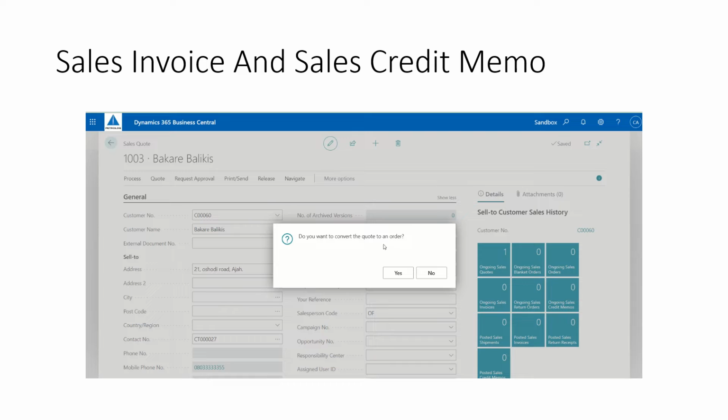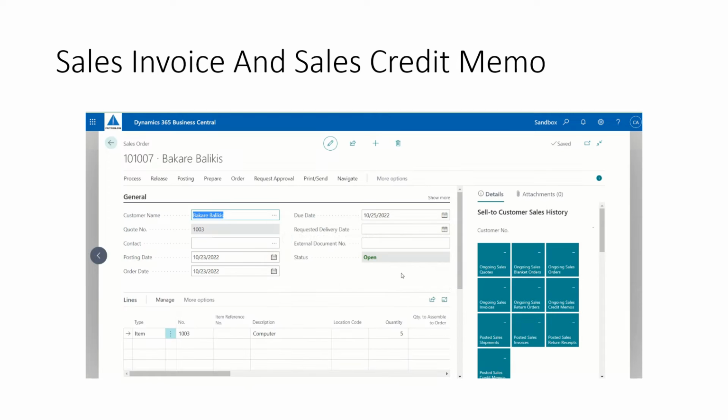Do you want to convert the quote to an order? Yes. Then the quote has been converted to an order. Do you want to open the new order? Yes. If you check the sales quote list page, you won't find this particular quote anymore because it has automatically generated a sales order for you. So this is the sales order that was prepared from your sales quote, automatically generated from your sales